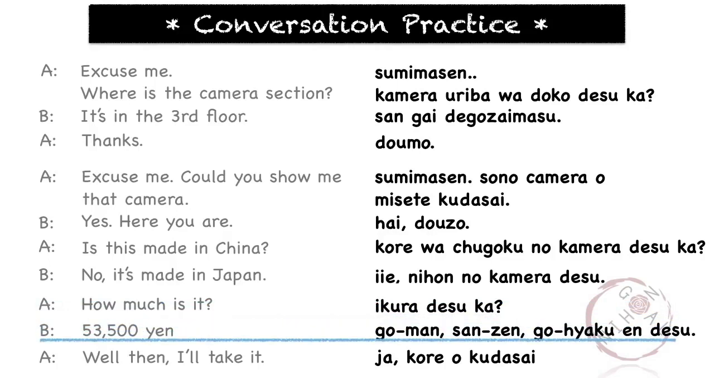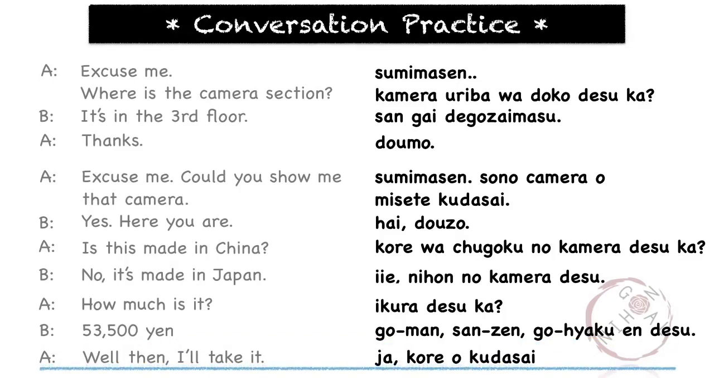53,500 yen. 53,500円です。5万 is 50,000, 3000 is 3,000, 500 is 500. So it's 53,500円です。Well then, I'll take it. じゃあ、これをください。